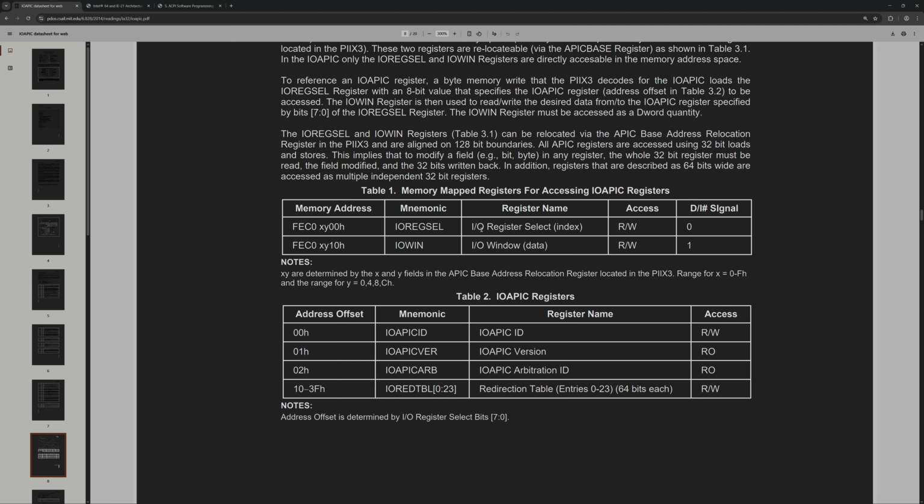How it works is that in REGSEL, we put the offset of one of these registers that we want to talk to, so read or write to. So I say I want to write to ID. So here I'm just going to put the offset of ID, which is 0. And then here the window register will actually point